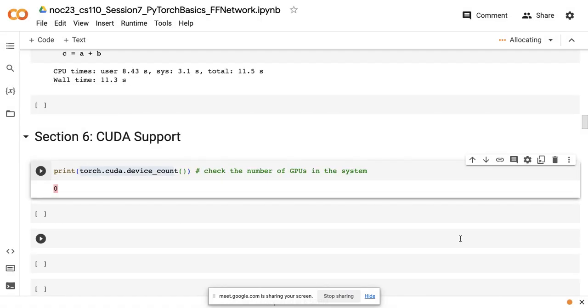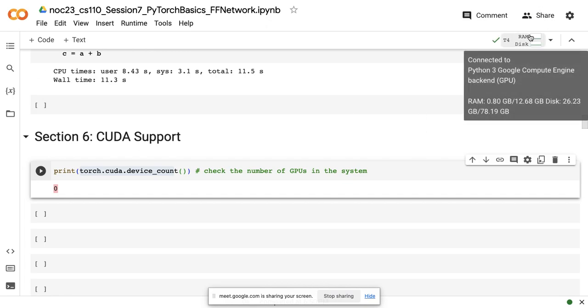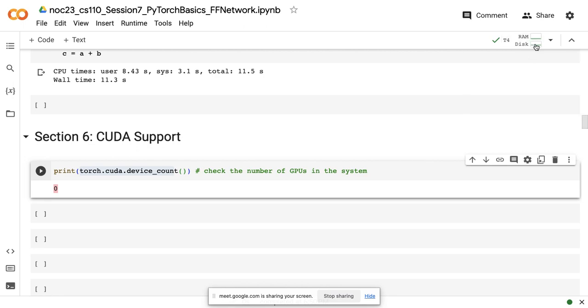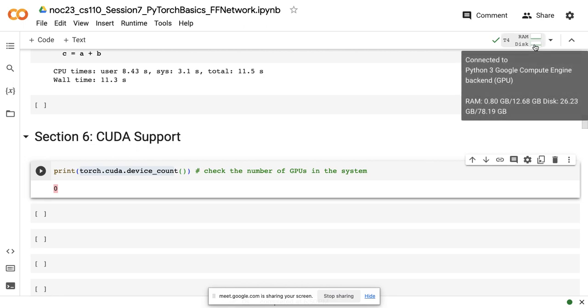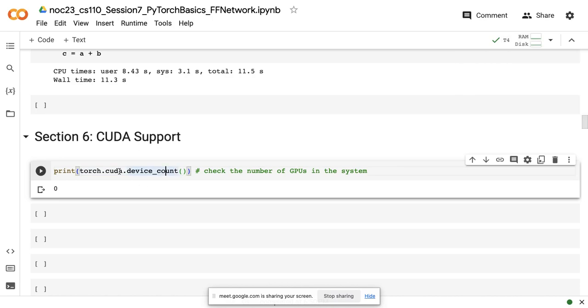So now Colab will assign me another system where there is GPU support. So it is happening right now here. Now it is connected. Now we can see here it is written Google Compute Engine backend, that is GPU. So if I run this command again,